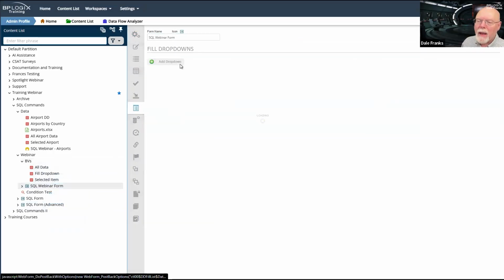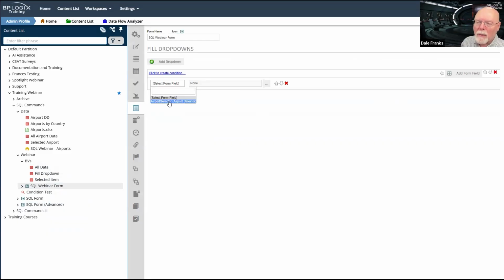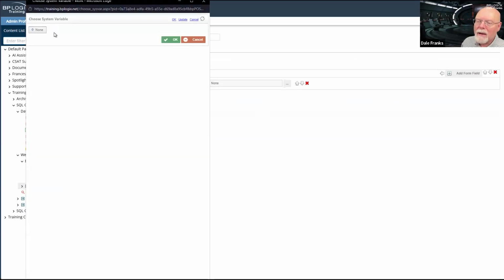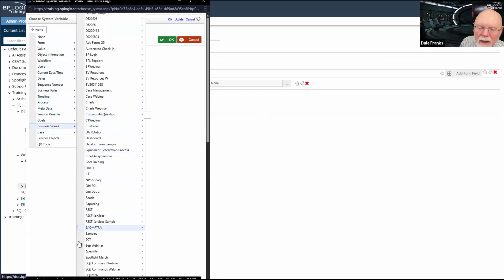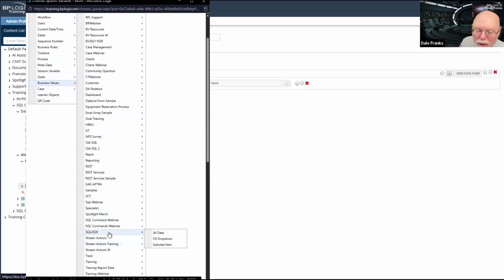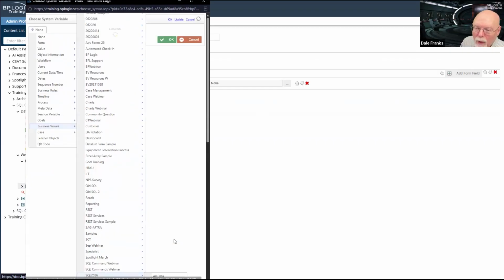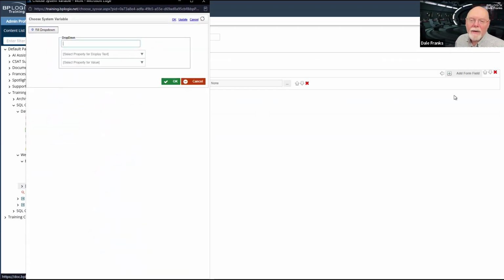and go to our Fill Dropdowns tab. And in this case, our dropdown will be our airport selector, and we will fill it with our business values, SQL 2026 fill dropdown. And for our empty text, we'll obviously do our select 1, and then our display text will be the airport name.